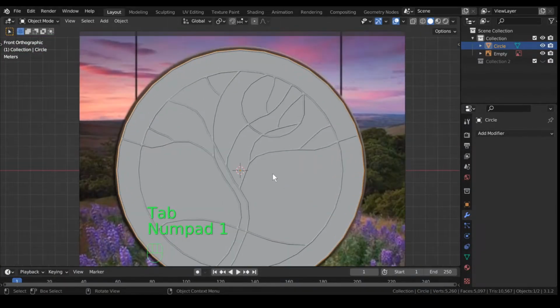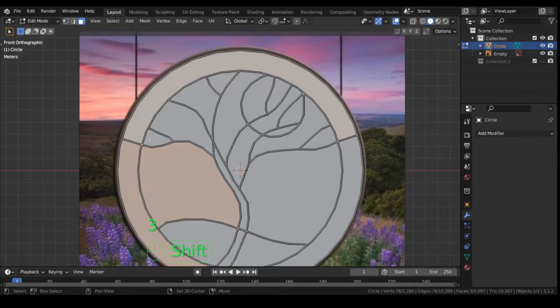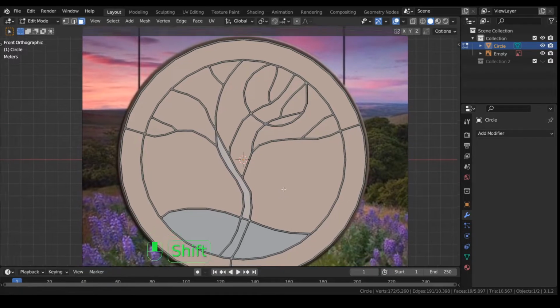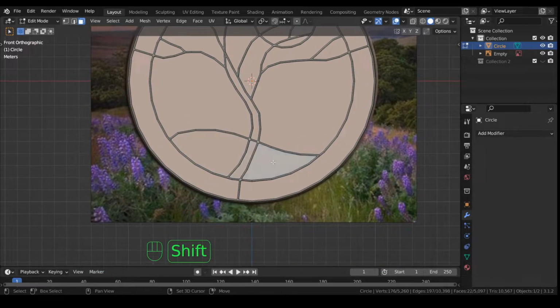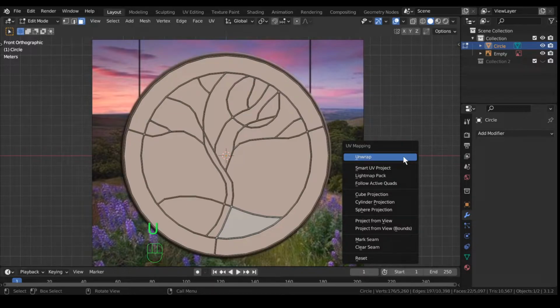And if you go into edit mode, hit 3, and just select all the faces. And once you have them all selected, we can hit U, unwrap,